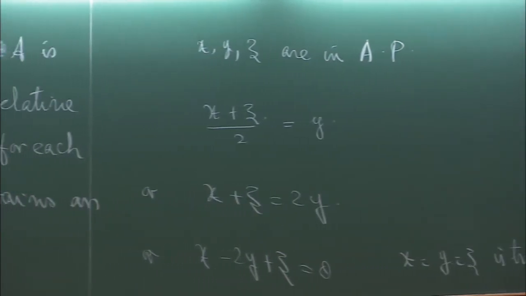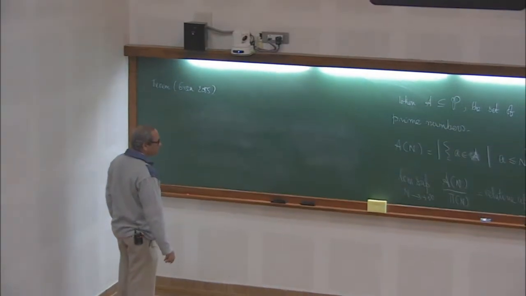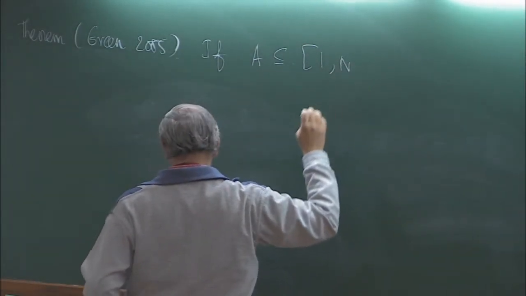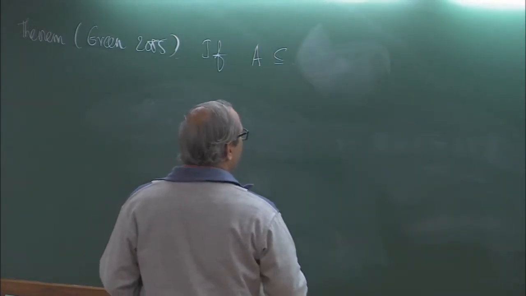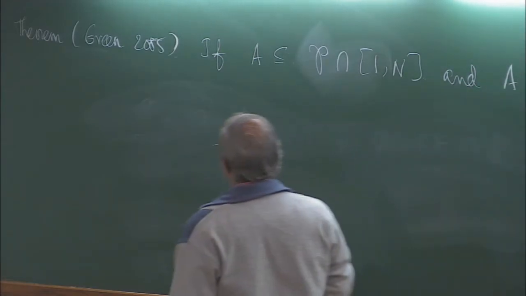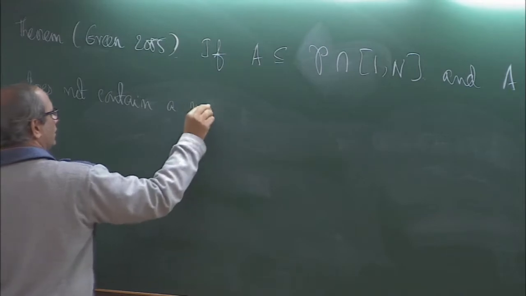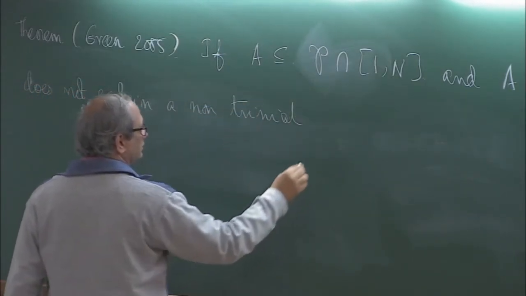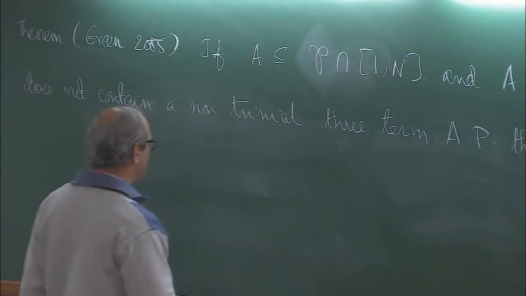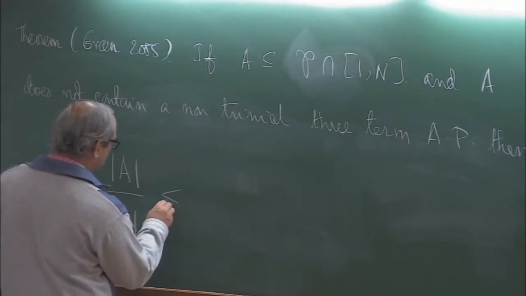The theorem of Green, from 2005 if I remember correctly, is that if A is a subset of the primes in 1 to n, so A is a subset of P intersection 1 to n, and A does not contain a non-trivial 3-term AP, then the cardinality of A must be small, less than or equal to some constant